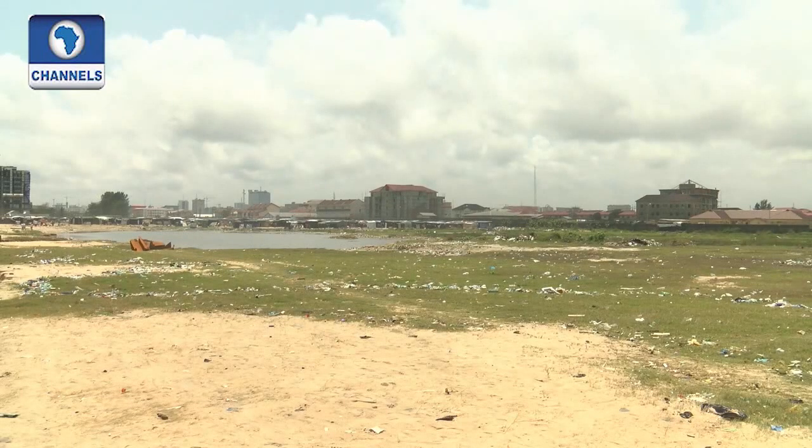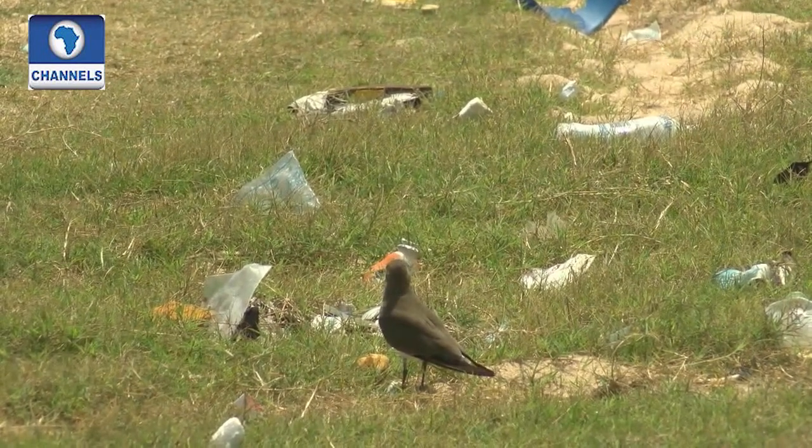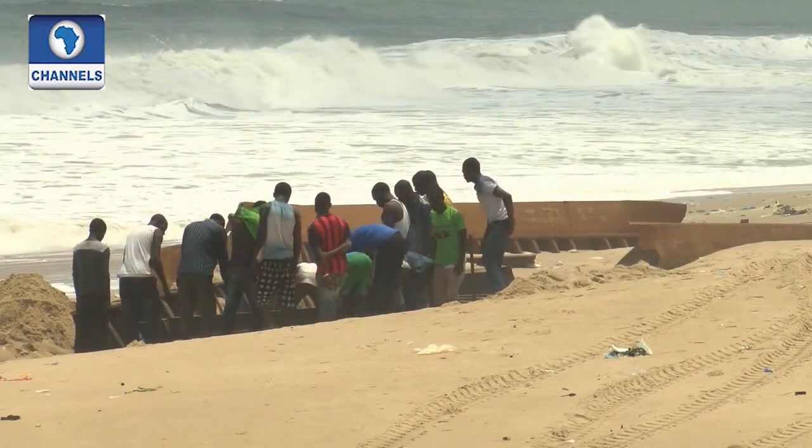Recently, there was another surge on the coastal area in Lagos. We also visited some of the shores in the state, which include the